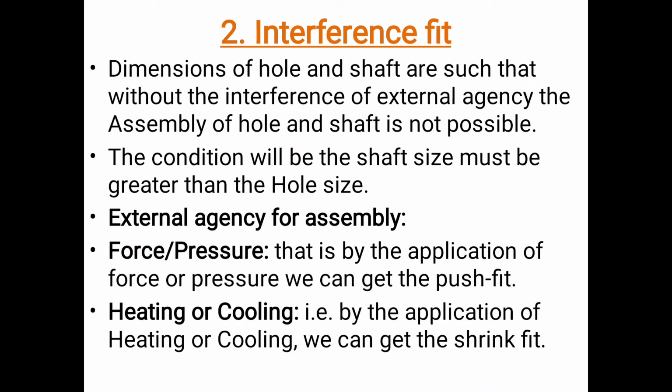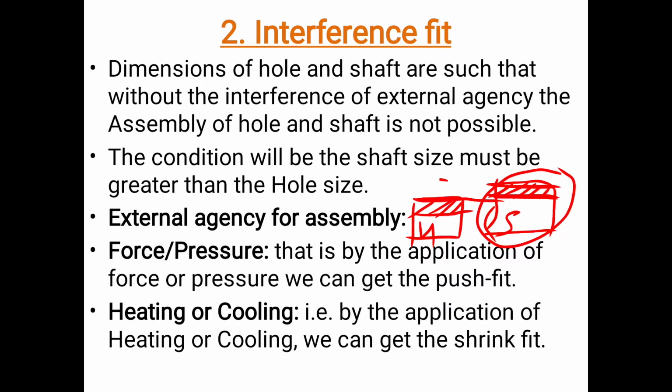Okay, now interference fit. Interference fit is observed where the size of the shaft, that is, the upper limit and lower limit, both limits are greater than the limits of the hole. So you can see this is the upper limit of the hole, and above that upper limit there is a minimum level of that shaft. So there will be interference fit, that is, the limits of shaft are greater than the limits of hole.